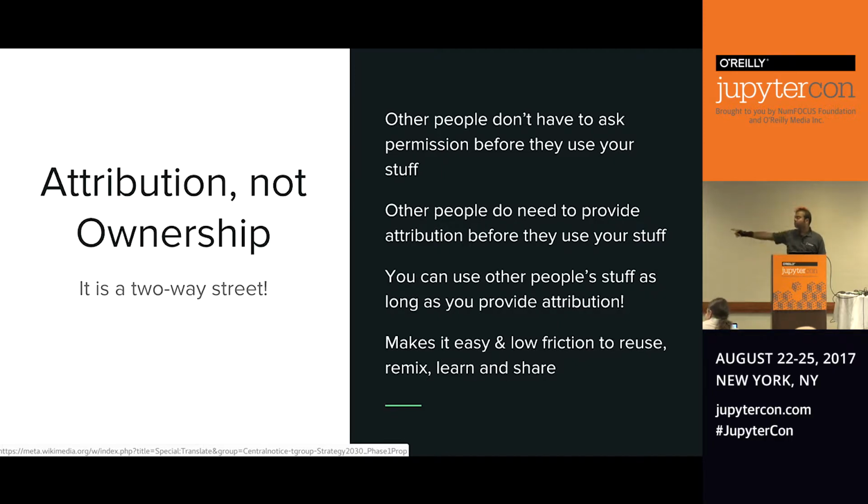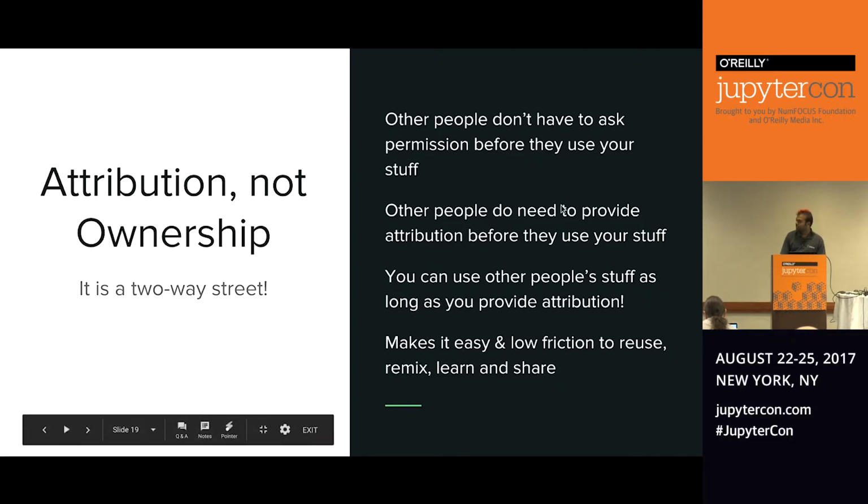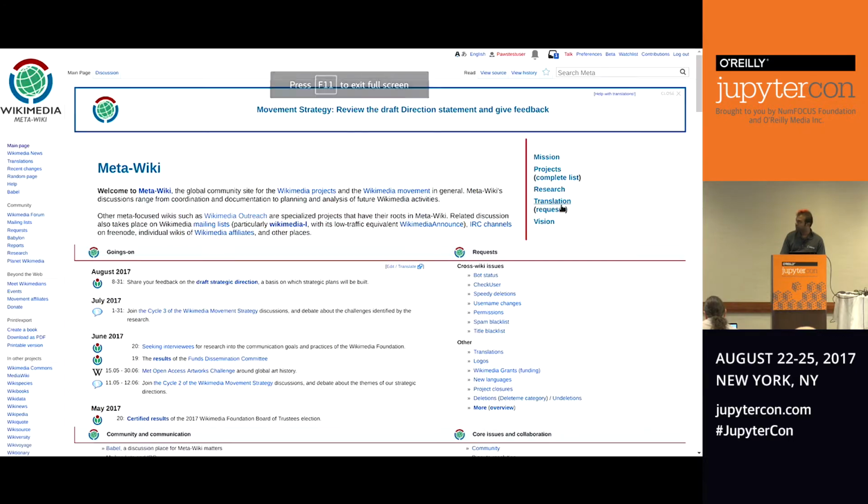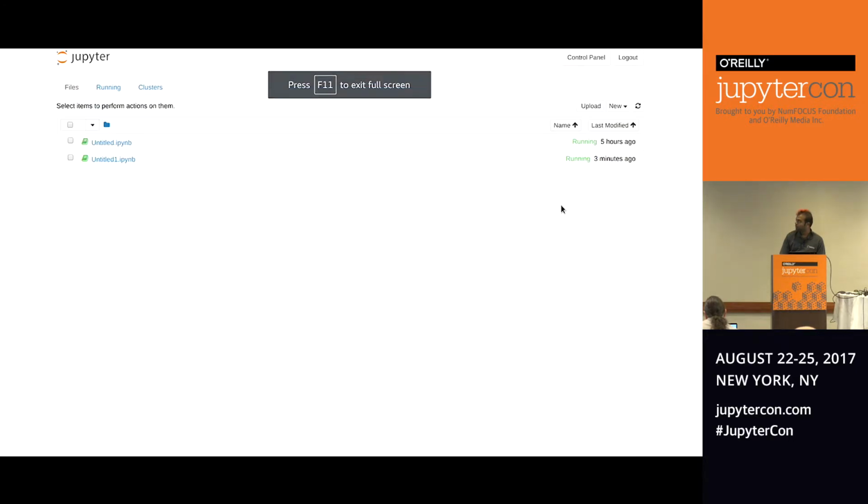And the last part is the defining use case for this, right? Which is we want to make it very easy and low friction to reuse each other's notebooks. And the way we have done this, which is also one of the reasons that the public stuff is really useful, is